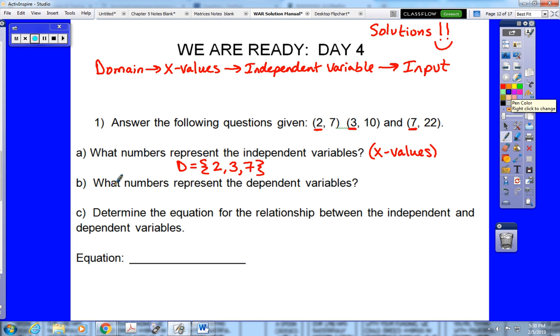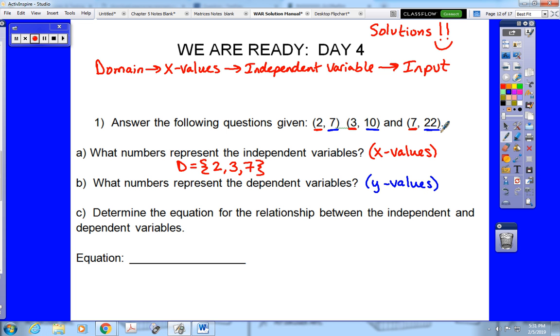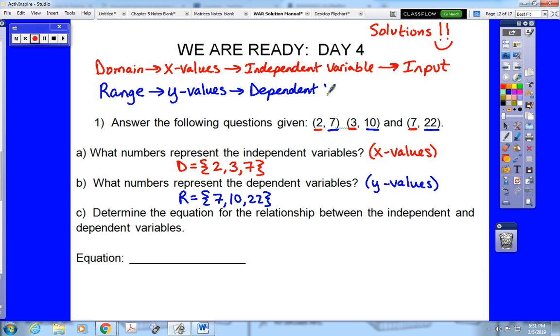Then it says what numbers represent the dependent variables. That should instantly trigger that that's the y values, 7, 10, and 22, the range. It doesn't matter if you list them in order. I know that at least one of your teachers told you it did, but it doesn't. The range should instantly be connected in your head to the y values, which are the dependent variable and are the output